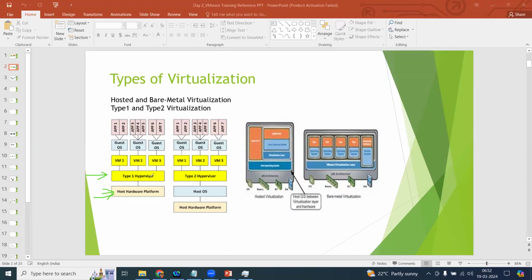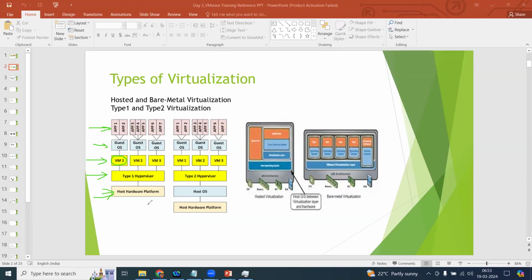With the help of the hypervisor layer, I'm going to create virtual systems. A virtual system has a CPU, memory, storage, network, motherboard. I can call it a system. Once the system is there, the Linux administrator or Windows administrator is going to install the operating system,